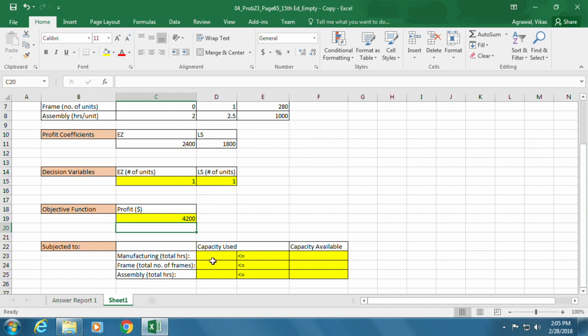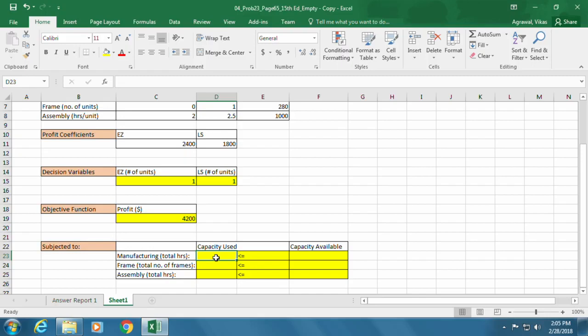Now what we have to do is set up all our constraints here. So we have manufacturing capacity, for which we need to calculate how many total manufacturing hours we will need.